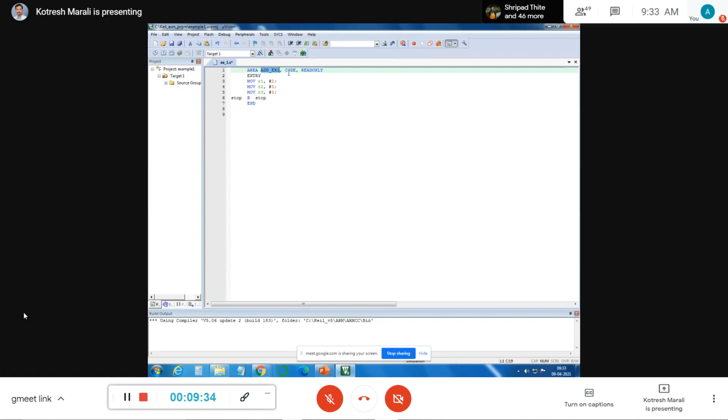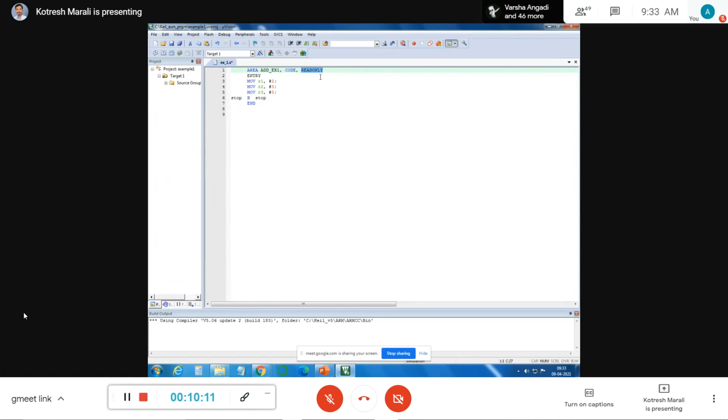Similarly, I'm trying to move an immediate value 2 to R1, and 3 to R3. Then there is an execution called MOV R1. These are not data, they are code. So these programs must be stored in one of the memories. That's where, through the assembler directive, I'm trying to say that it is a code memory I need, and that it should be read only. So my processor should read this and execute it. I'm not trying to write back to that particular memory.